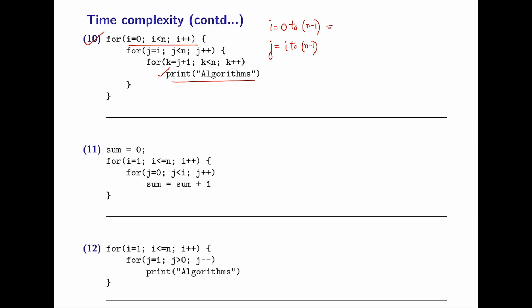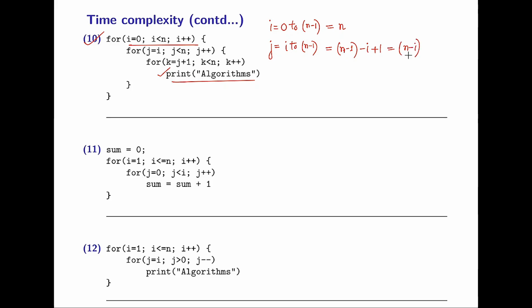So total how many times i is going to execute? n times, right? So total how many times j is going to execute? i to n minus 1. How many times? n minus 1 minus i plus 1, because values are inclusive, right? So last minus first plus 1. So here also you say n minus 1 minus 0 plus 1, that is nothing but n, because you need to include 0 also, right? 0 to n minus 1, how many terms are there? n terms, right? So similarly here n minus 1 minus i plus 1. So this is what? n minus